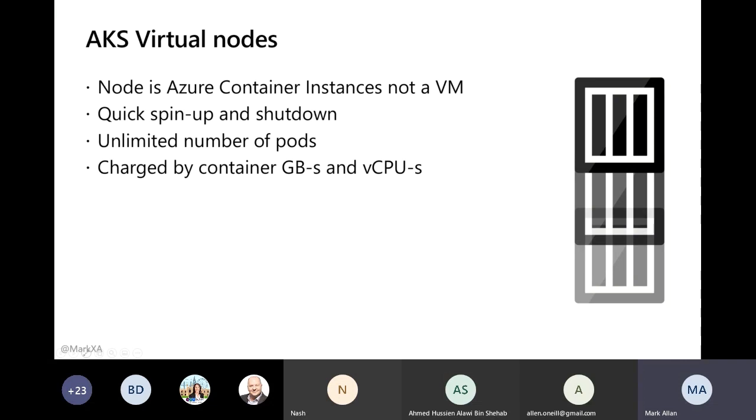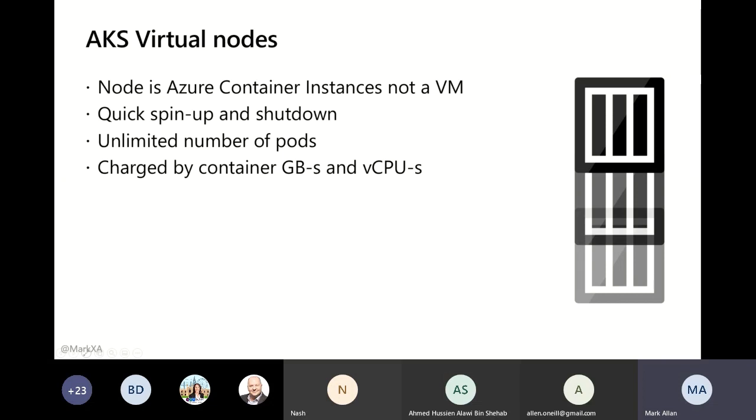It's not even as complicated as running up a web app for containers in App Service and saying, please run this container in an App Service. It's just, please run this container, give it an endpoint, close it down when it's done. And it's designed to be very quick to spin up a container, run it, and shut it down. And of course, being a cloud service, you can run as many containers in it as you want. Well, when COVID hasn't shut down Azure, you can run as many containers in it as you want.